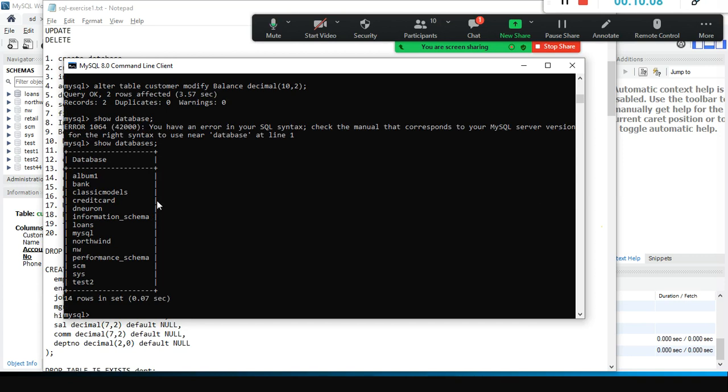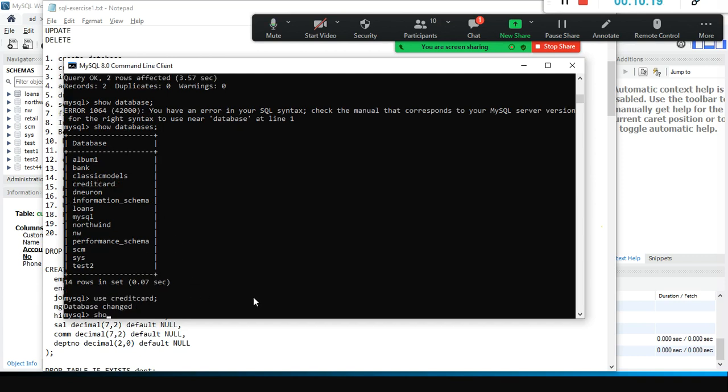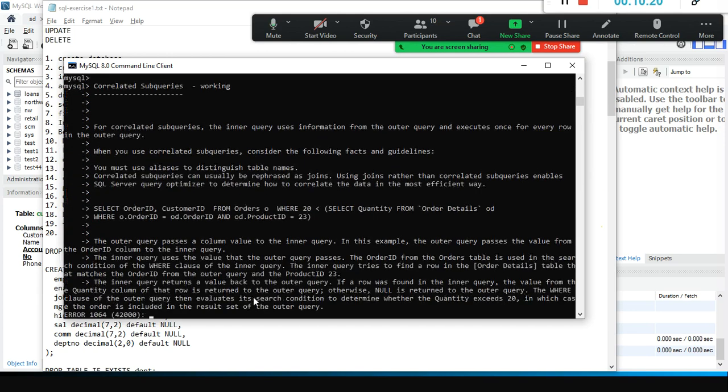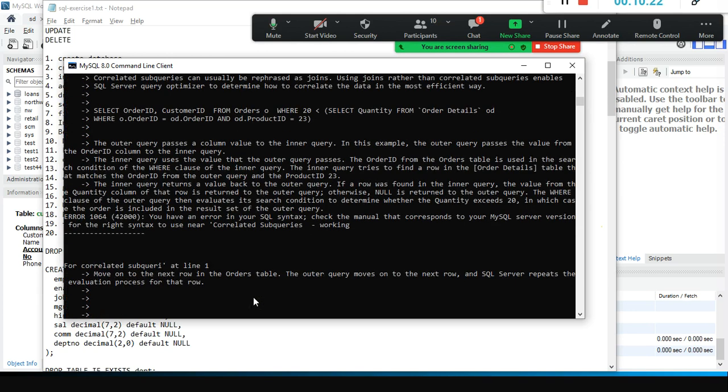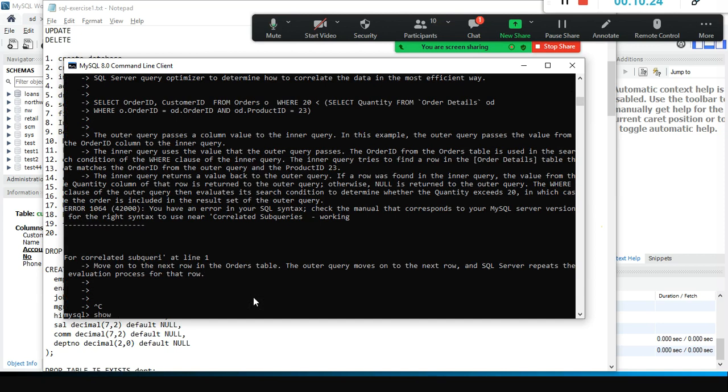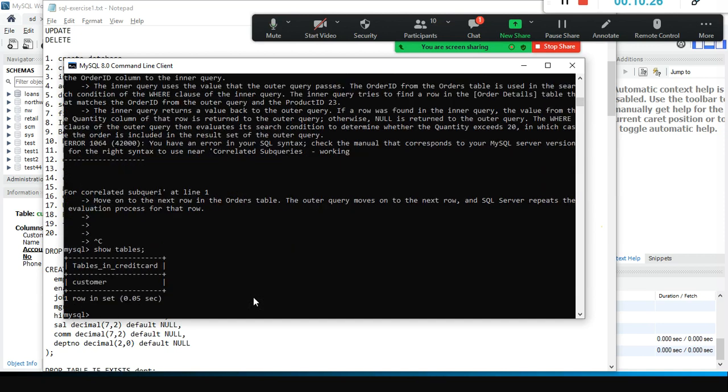Is it there? Can you see credit card? Did you create this one? Yes, sir. Now go inside credit card. Use credit card and show tables.